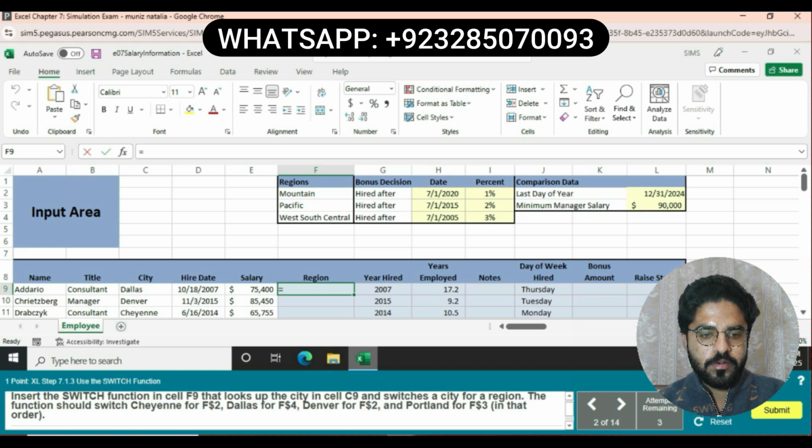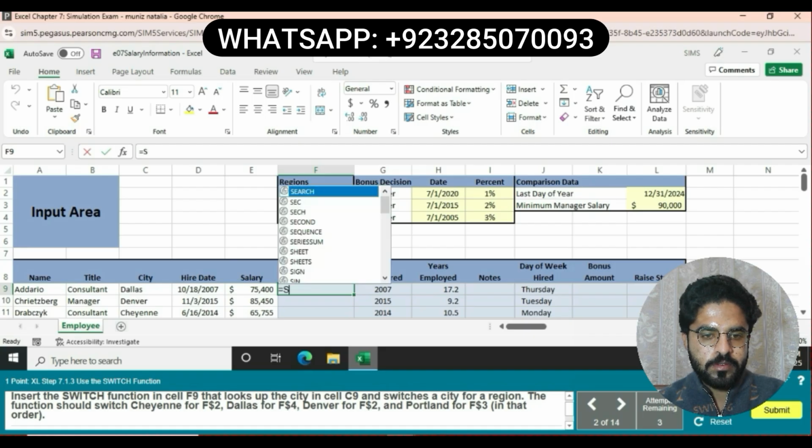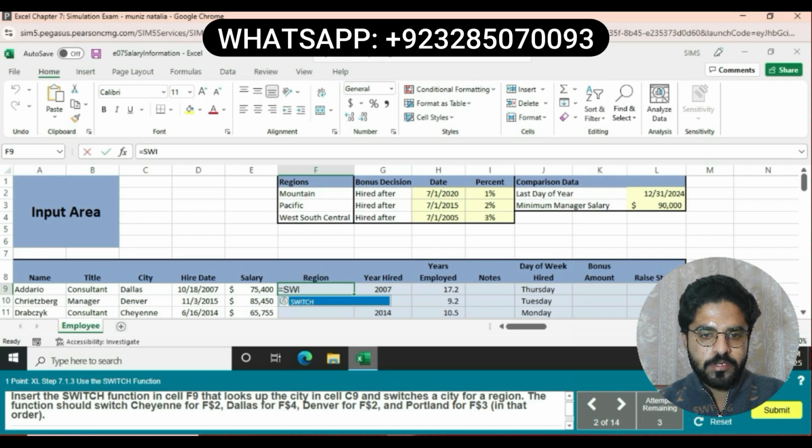First we will add a SWITCH function in cell F9. We can go to cell F9 and write a formula equals SWITCH, a built-in function of Excel, and then add the range C9, switch a city for a region, and then add the city